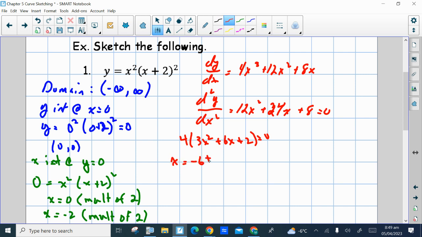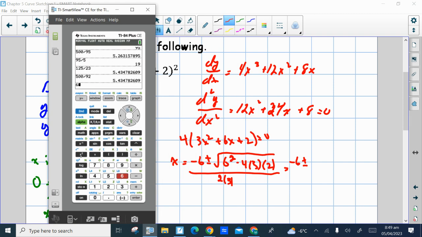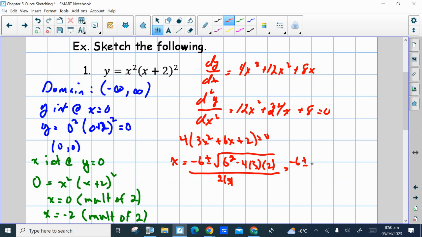Negative b plus and minus the square root of b squared minus 4 times a times c, all over 2a. So that'll give us negative 6 plus and minus. To get the value of the radicand, what's under the radical, it's 6 squared minus 4 times 3 times 2, which is positive 12,